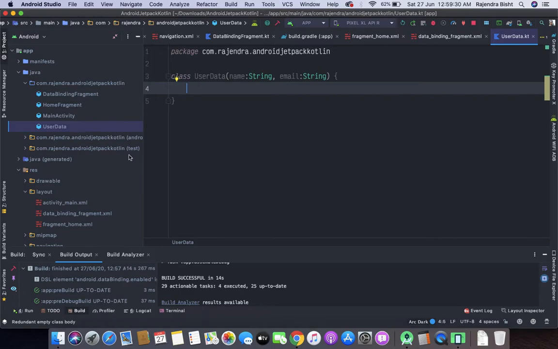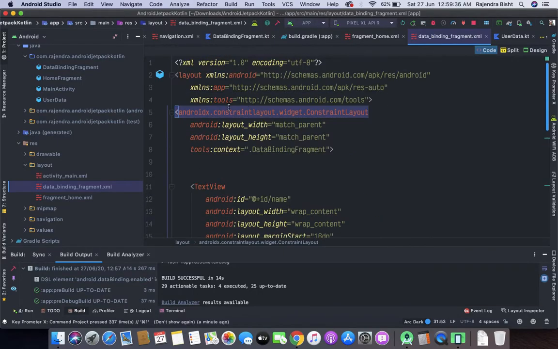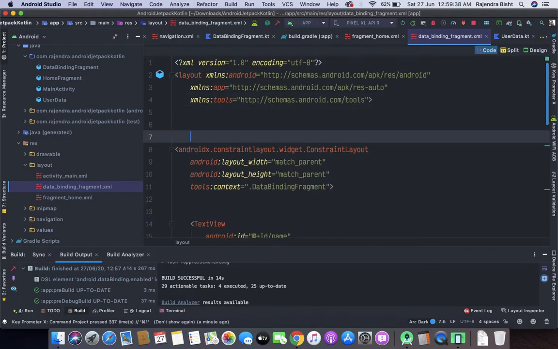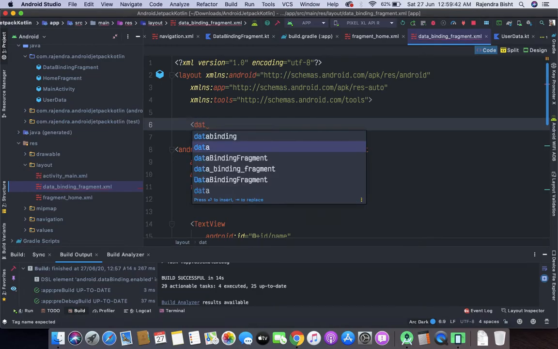Now we will go to the data binding, and here we will add a tag, another tag which is a data.